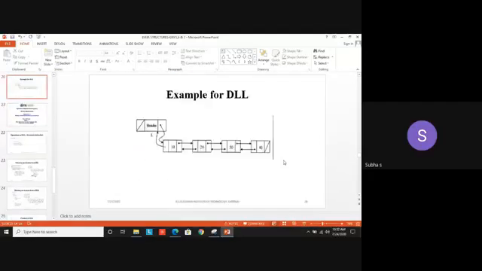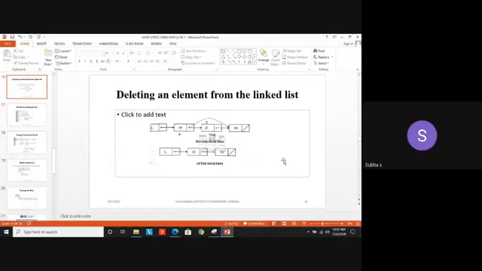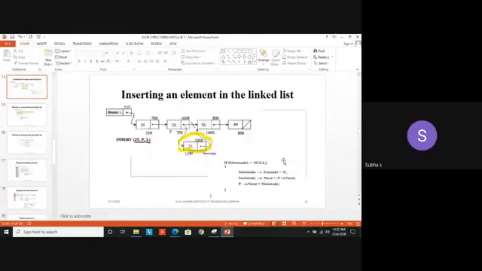Before that, let's have a quick recap of yesterday's session. We have seen how to insert an element in the singly linked list. I hope you understood the concept also. Again, I'm telling, don't learn the routines by heart. You have to apply the logic, then write the logic on your own. For that only we have given the routine with an example.